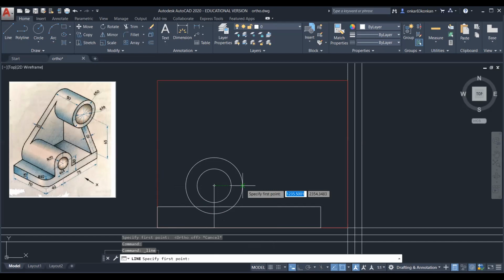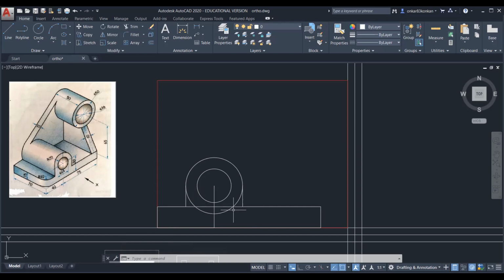And from this point, you can draw this vertical line. Okay. Now this remaining portion, so we need to remove this portion.